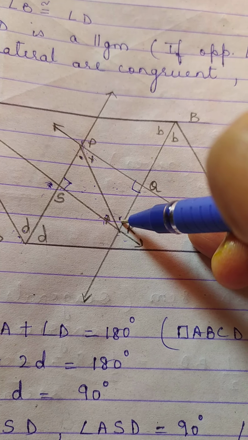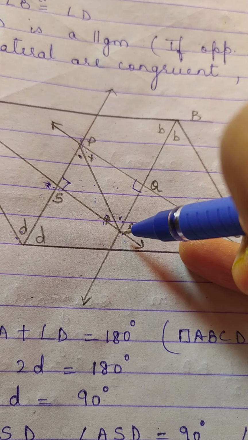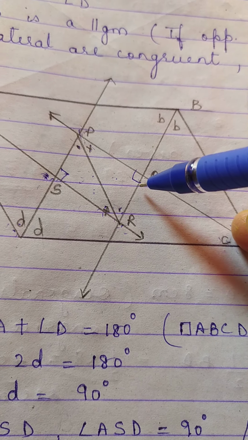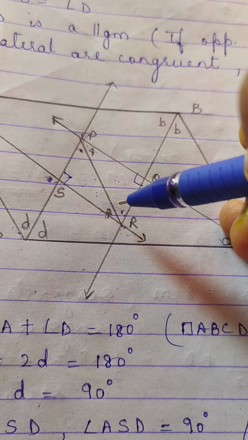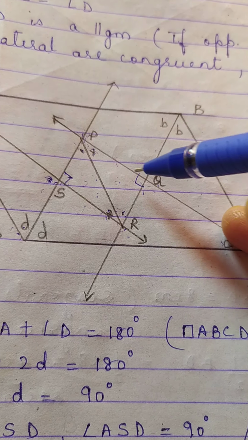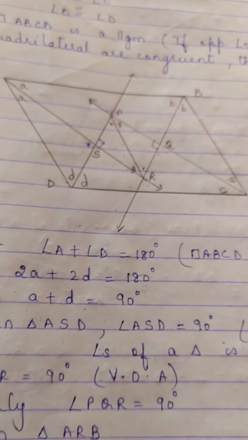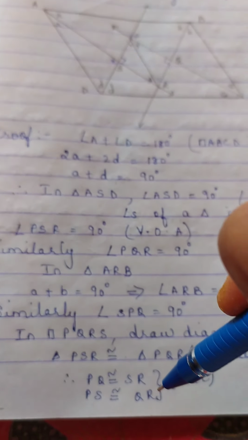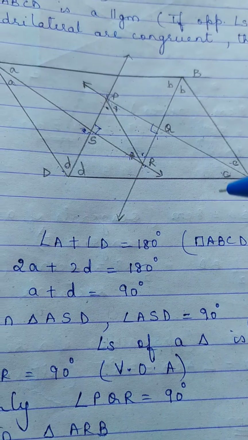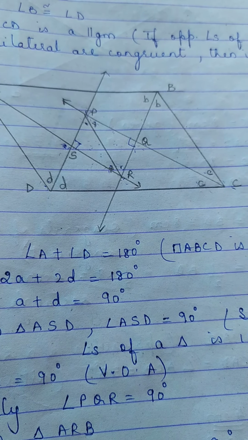ASA test. Okay? And hence, side PQ is congruent to side SR by CSCT. Same reason, side PS is congruent to side RQ by CSCT. So I have all four angles 90 degrees. I have opposite sides congruent and hence quadrilateral PQRS is a rectangle. This is how you have to prove it. Now I have explained it in short over here. I will be uploading the image also. But I hope children you have understood how it is proved. Okay. So that's all for question number 4.